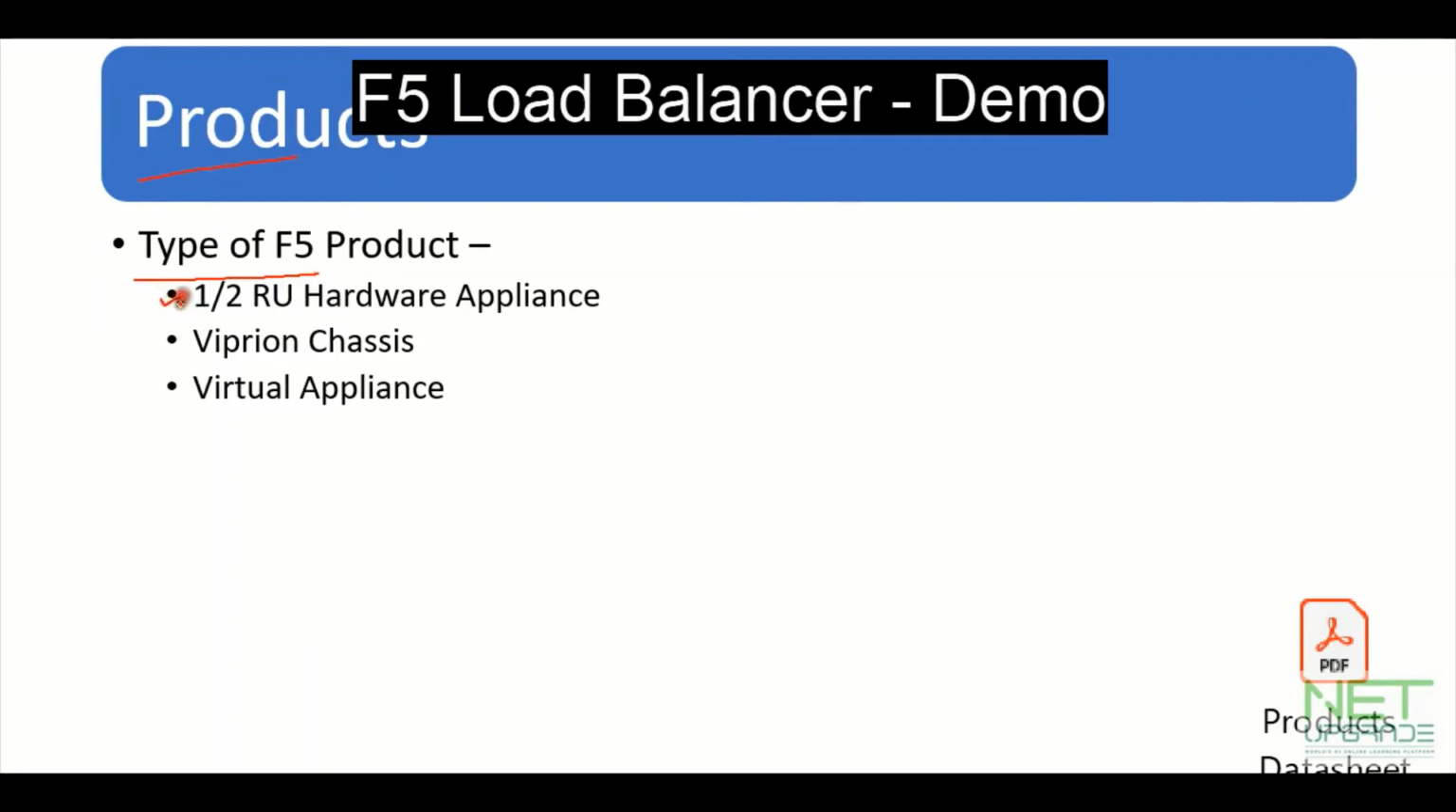So the very first product F5 has is a one or two rack unit hardware appliance. It means we can configure any one of the modules on this particular appliance, which is LTM, GTM, APM or ASM. Based upon the license, we can install or activate any of the modules on top of it. But if we do not want one hardware appliance for each module, and want one appliance to work on multiple modules,